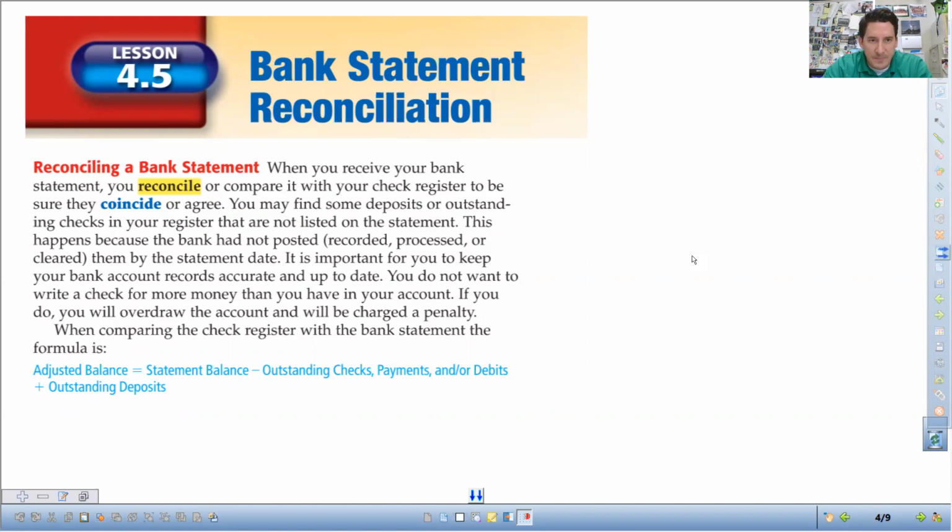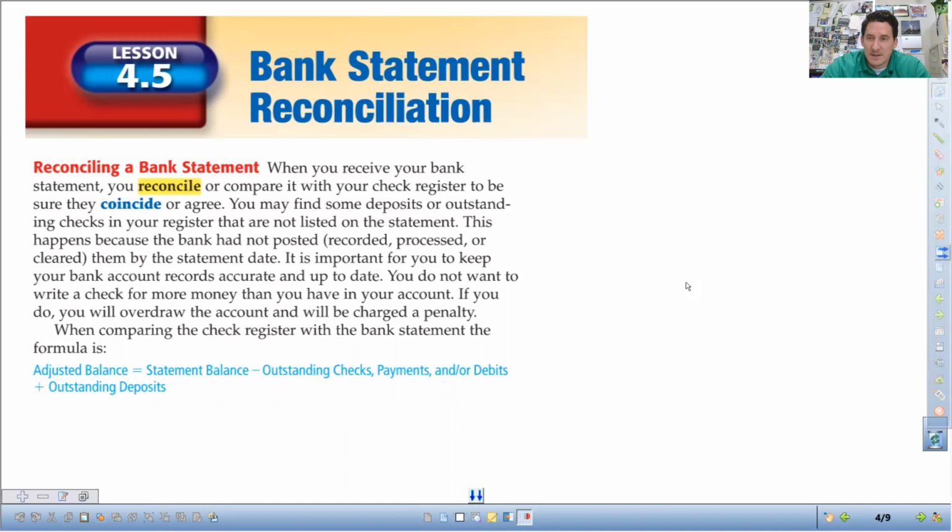To reconcile your bank statement means you compare the bank statement with your check register that we talked about last time and make sure that they coincide, or agree, is what we'll be calling it. The reason why you do this is you may find some deposits or outstanding checks in your register that are not listed on the statement. This happens because the bank had not posted, which means recorded or processed, the checks or deposits